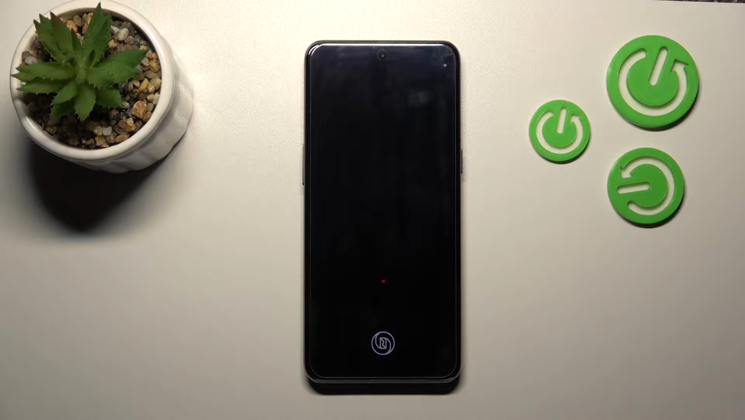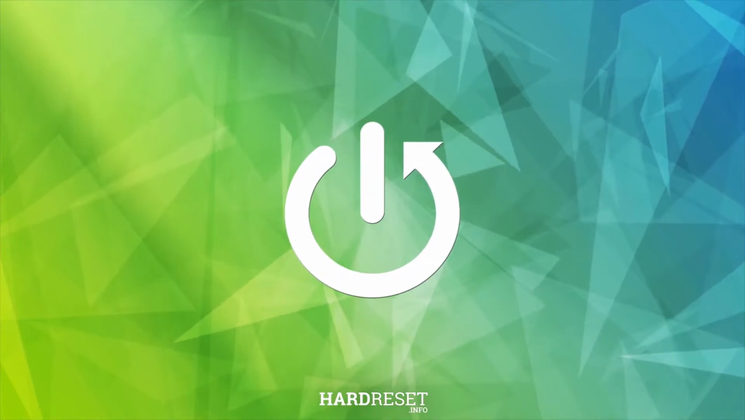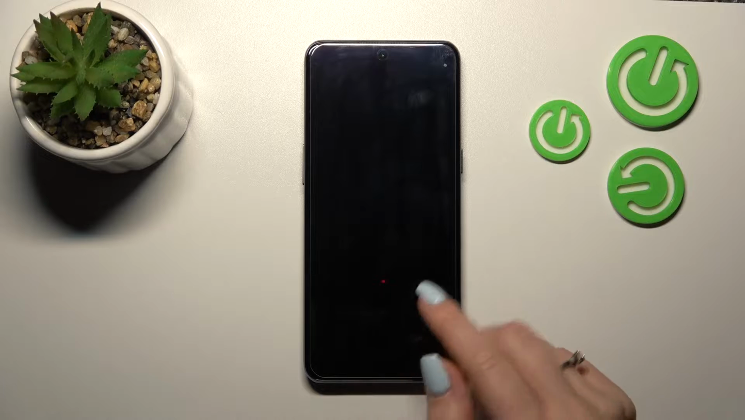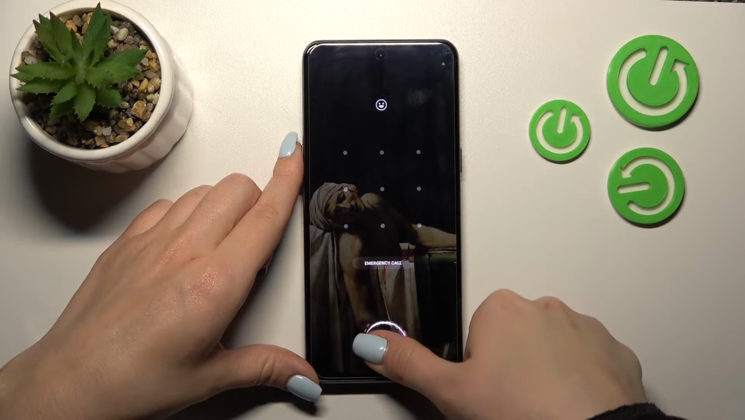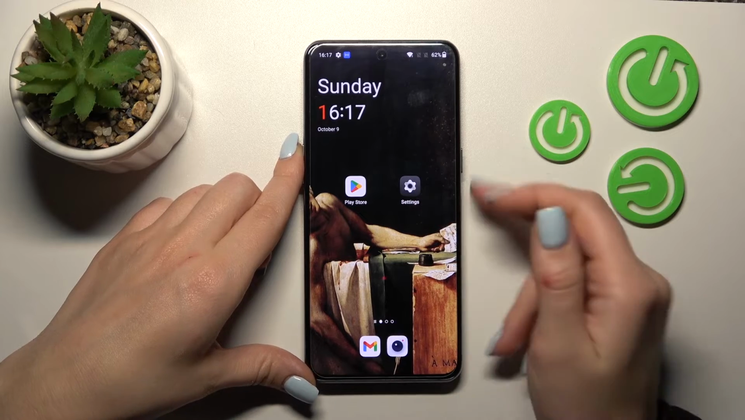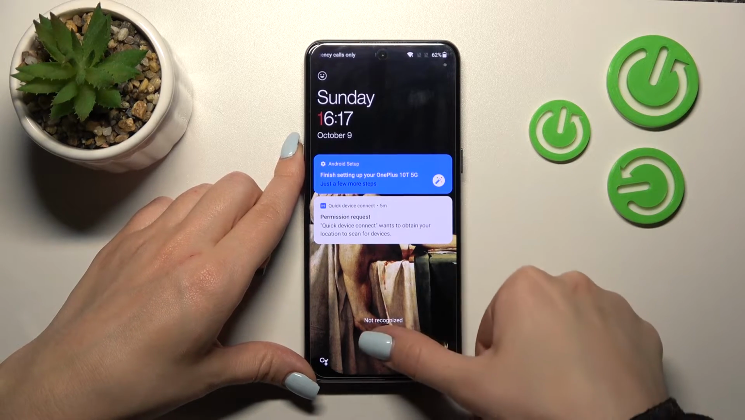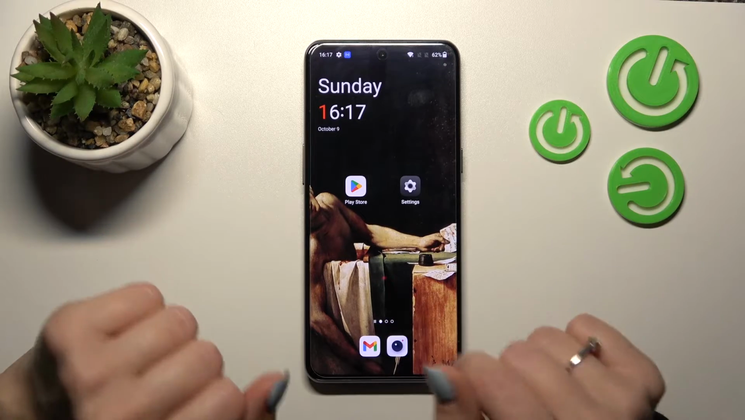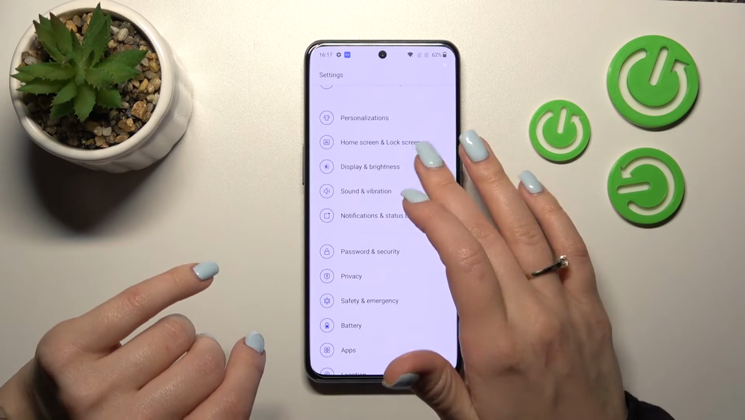Hi, today I'm using a new OnePlus 10T and I'll show you how to change the fingerprint sensor animation on this device. So now we can see that we have just here the fireworks animation, the fingerprint sensor animation, and if you want to change it, first we should open the settings and